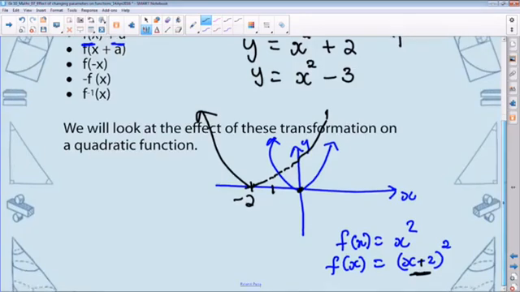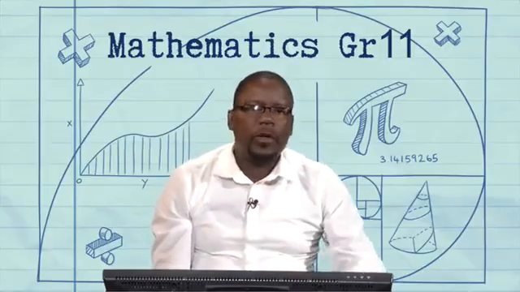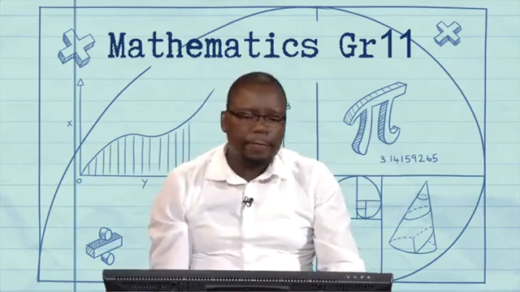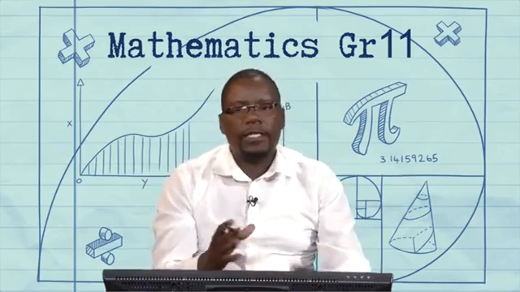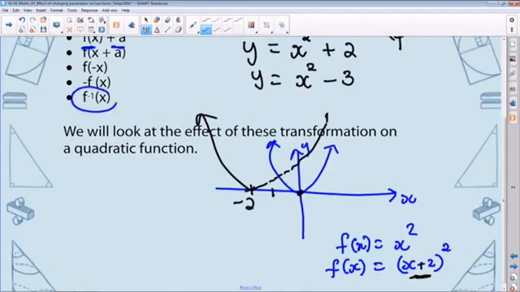And then we'll have your f of minus x, and then we'll be checking all those where we're reflecting the graph. And then what happens if you've got a minus f of x and your f of minus x, which is what you're going to be receiving in grade 12. All right, so for today, we'll look at the effect of the transformation on a quadratic function. Okay,